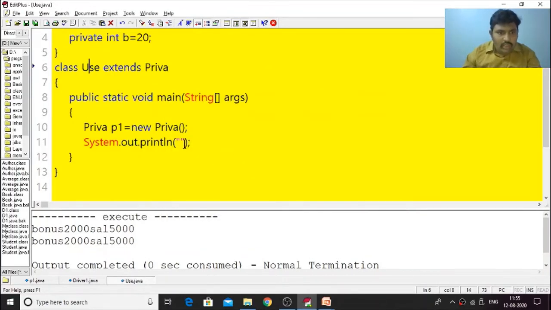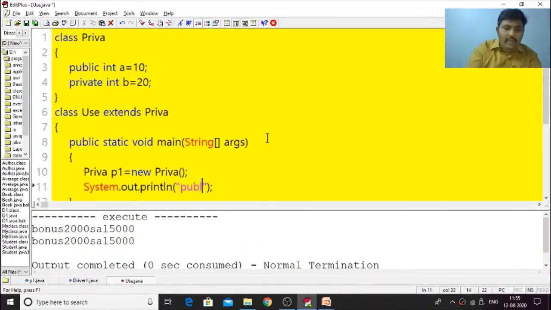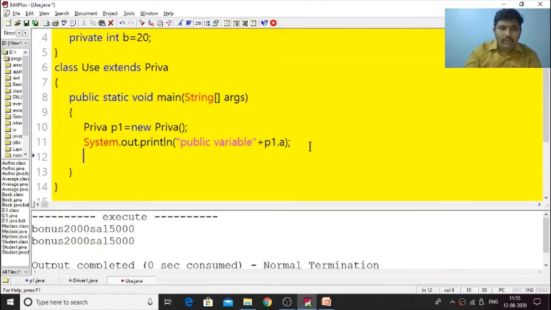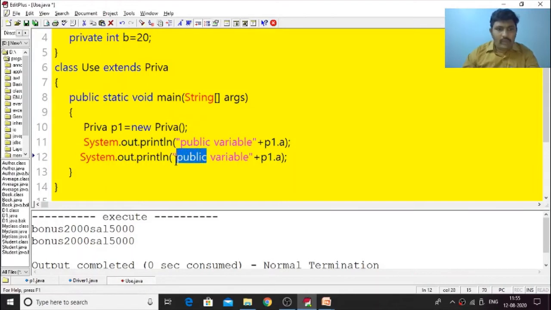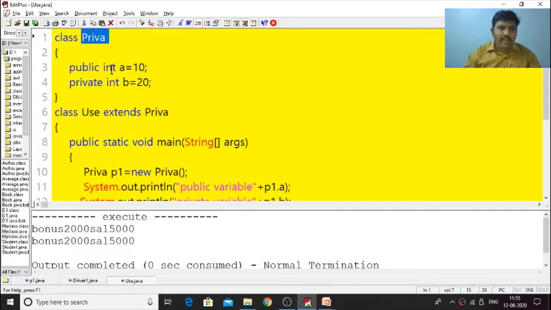And now, with the help of the p1 object, I am going to print p1.a, and my private variable p1.b. So what we have done is create a class Private with two variables: one is public int a = 10, the second is private int b = 20.